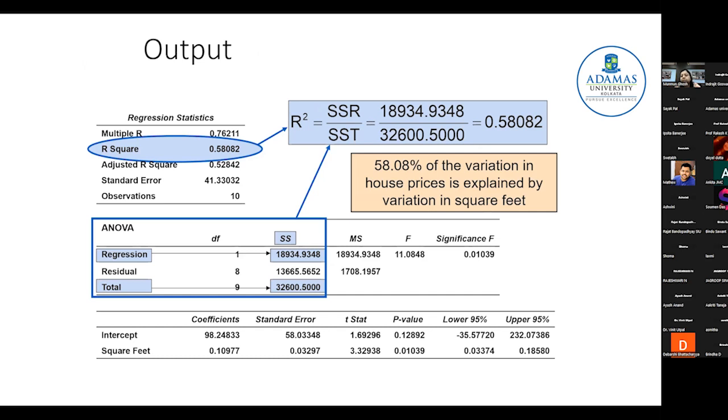So when I run this data in Excel, I get this sort of output. The output is divided into 3 parts: regression statistics, ANOVA, and intercept. Here I have demarcated certain sections in the table for you to understand what this data set actually implies and how we can